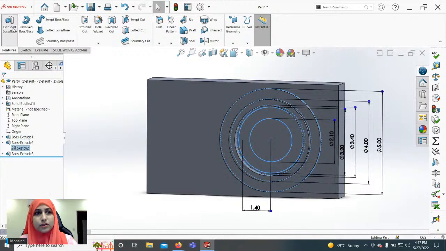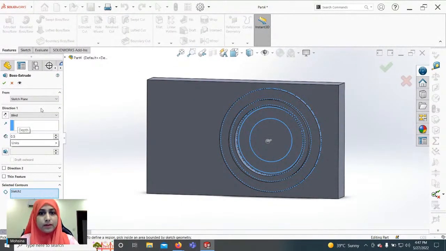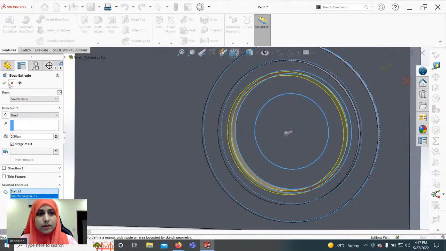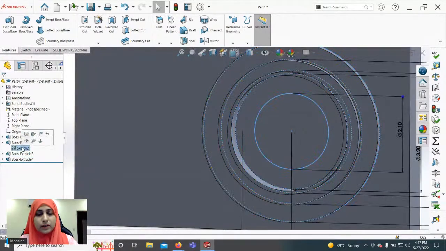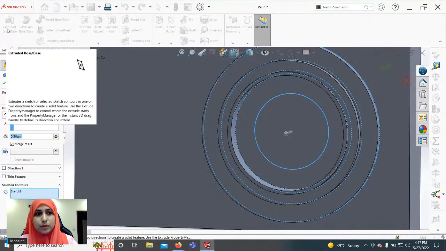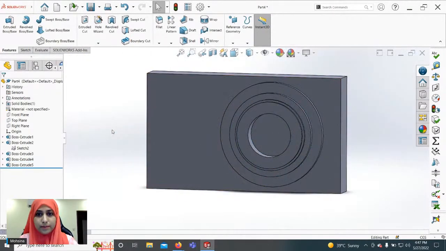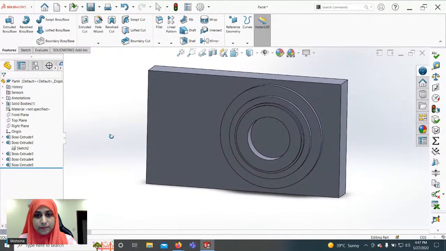Again, select the sketch, go to Extrude, add the value, select the region, and click OK. And for the last time, we will be doing the same thing. Select this, enter the value, and click OK. Here, our lens part has been created.